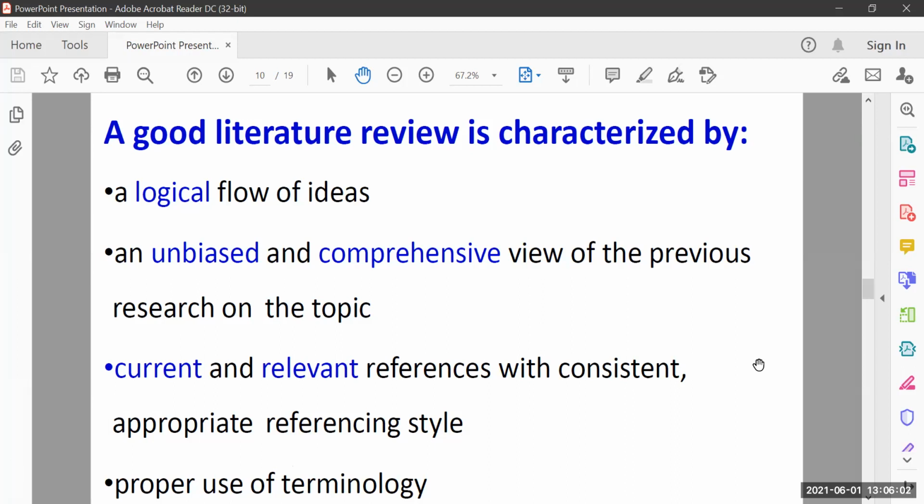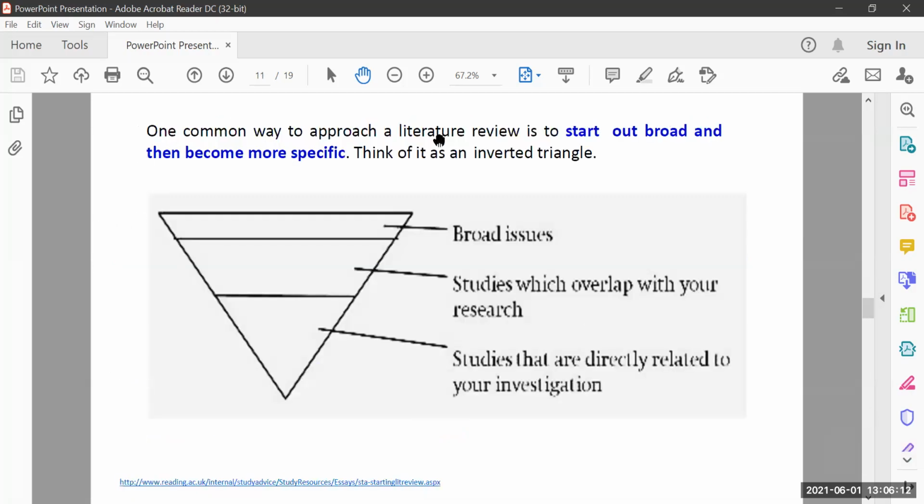So when you use that kind of terms or technical words, they should be properly used. We generally start from the broad issues. In the last class I asked you to submit your research area.